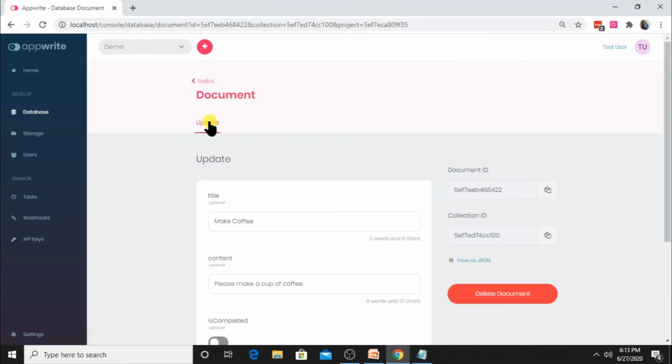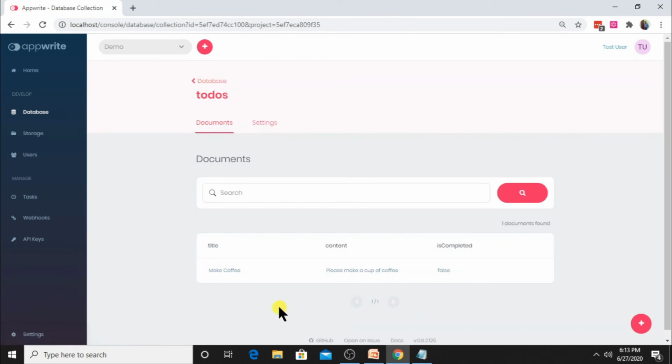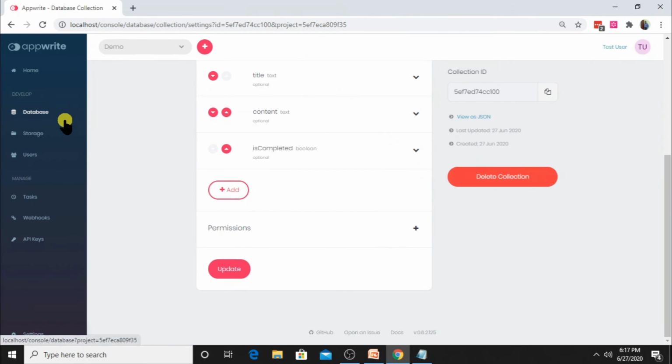If you want to see, let's go to the collections and you can see the document is being shown here. So similarly you can have another document. As you can see, it is being shown that two documents have been entered and both are false. Anyway, let's move on to the next service. Actually I'm trying to scratch the service as fast as possible so that you know what exactly each service does.